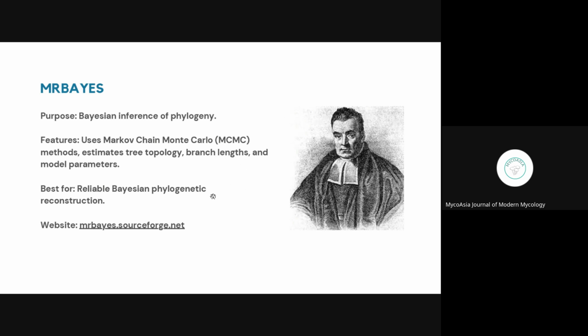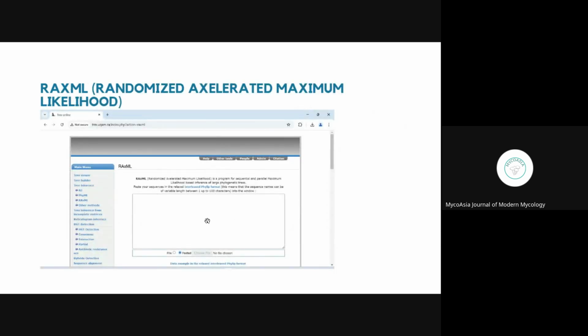It basically results in Bayesian trees with branch lengths, and you can use model parameters. This is widely used for reliable Bayesian phylogenetic reconstruction, and this is freely available from this website. Then, for the maximum likelihood method, you can do it in MEGA software, but some people do not accept certain limitations present in MEGA software with respect to likelihood analysis,